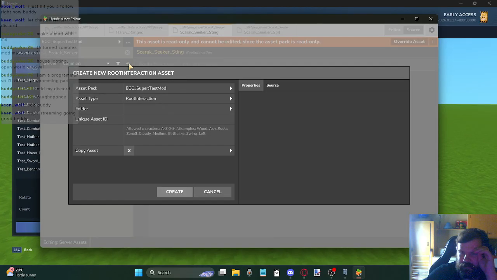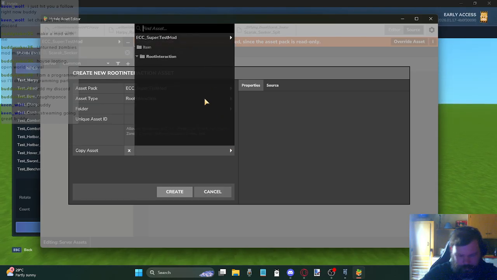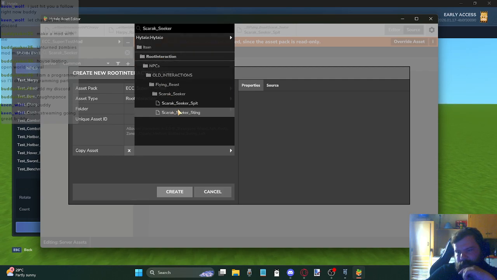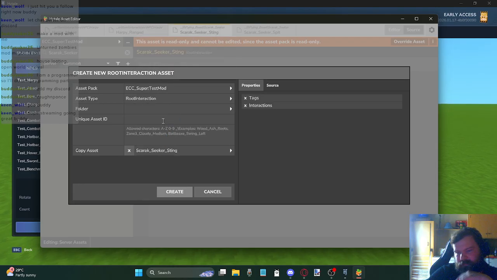So go over here and click create, which is root interaction, which I'm going to search for Skyrack Seeker. And grab this thing, call it Harpy melee, create it,